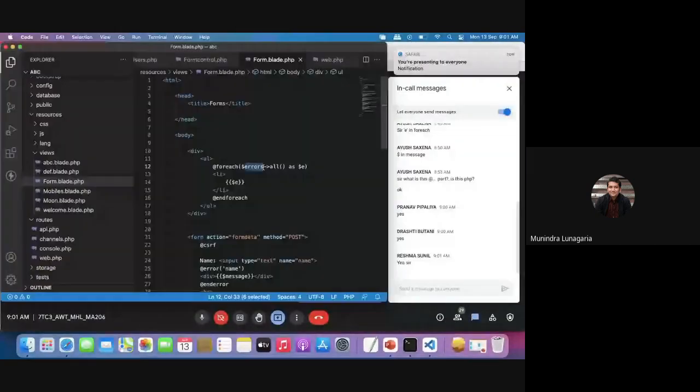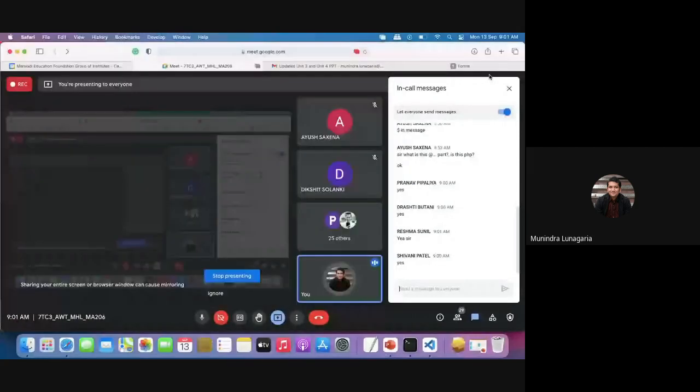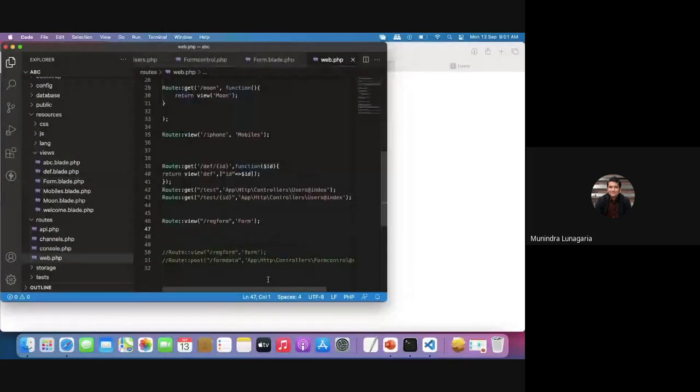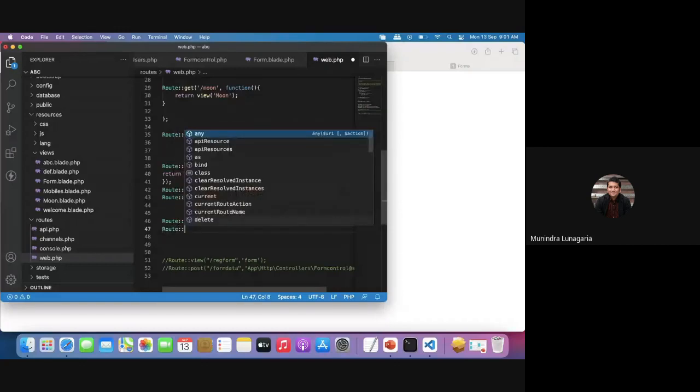Okay, so kindly replace "error" with "errors", and kindly execute that registration form. So this will give you this form. After that, we need to go through the route once again. We need to write that route only. All right, so let me give you Route::